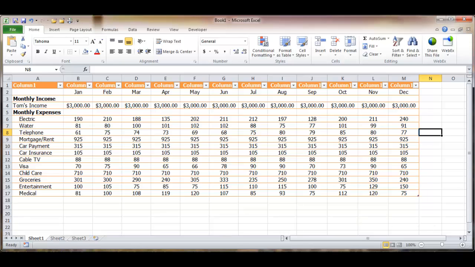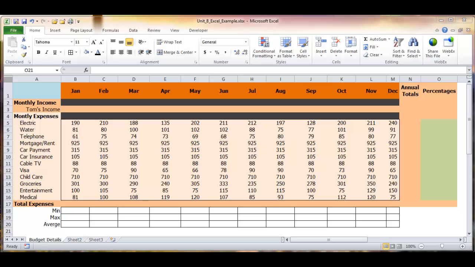So I'll go ahead and do that real quick. Okay, so now I've applied a style to this. And I've added a few more columns because this is what we'll be doing for part 2, using formulas and functions to analyze all of the data that we have in our budget. So part 2 starts out